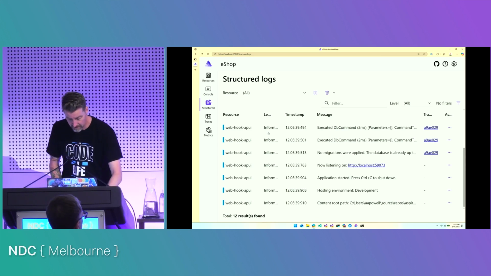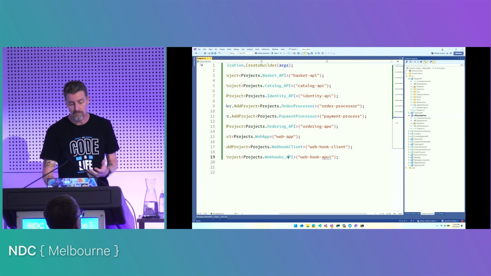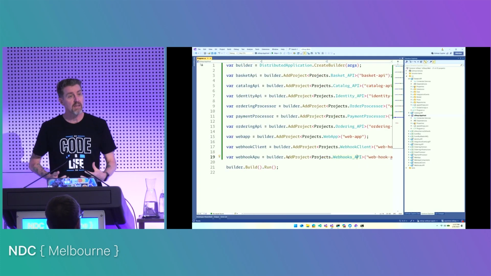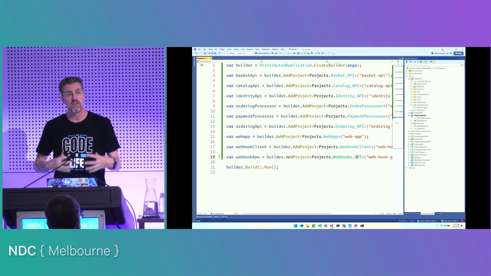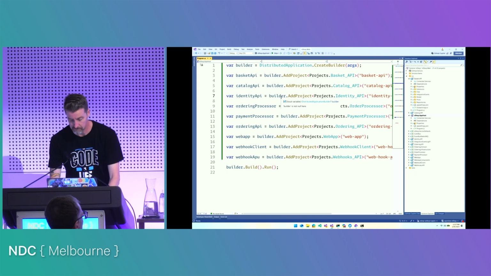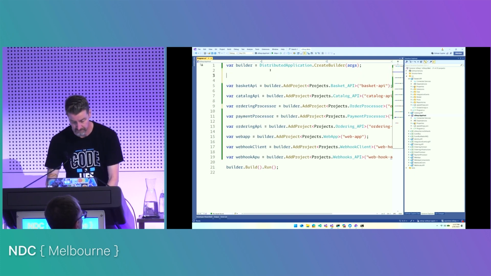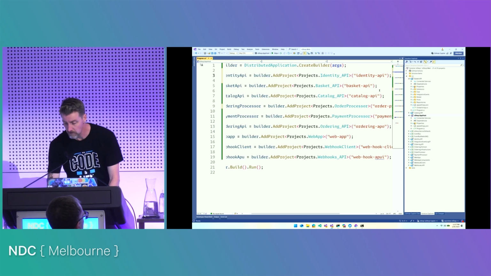Let's carry on and start with the next layer of orchestration, which is starting to bring in some of those external resources that I didn't know what versions to install. We're going to start with the identity project. I'm just going to bring it up to the top so that it's a bit easier to find inside this list. Now, if we have a look at our identity project here in Visual Studio,